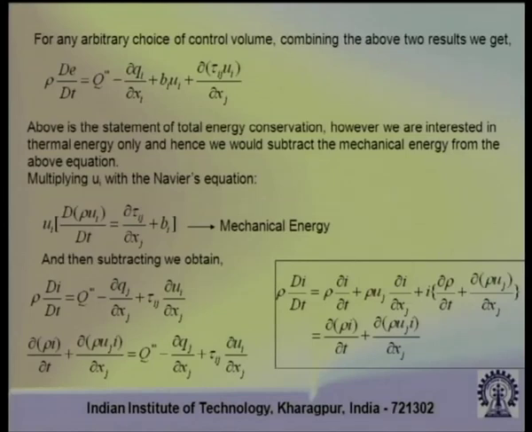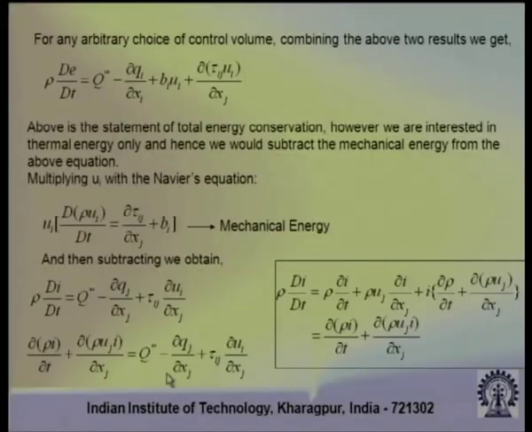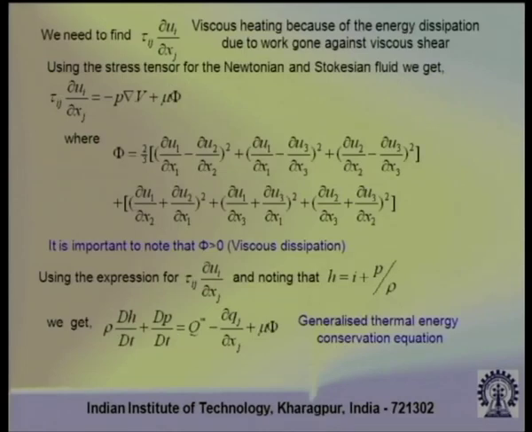To proceed further ahead, we have to relate the stress tensor with the rate of deformation tensor. So, again this is a general form of the energy equation which is valid for even non-Newtonian fluids, but when you consider a specific type of fluid, say the Newtonian fluid, then what you basically have to express is how do you write tau ij in terms of the rate of deformation. So, that distinguishes one fluid from the other. Let us move on to the next slide to understand that.